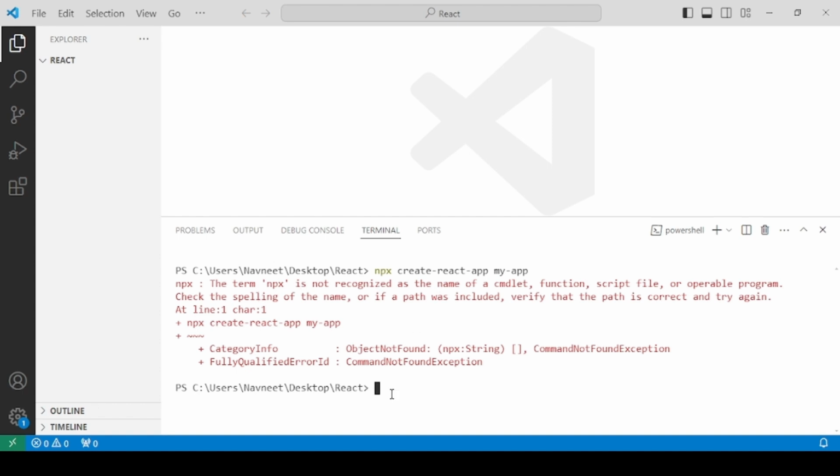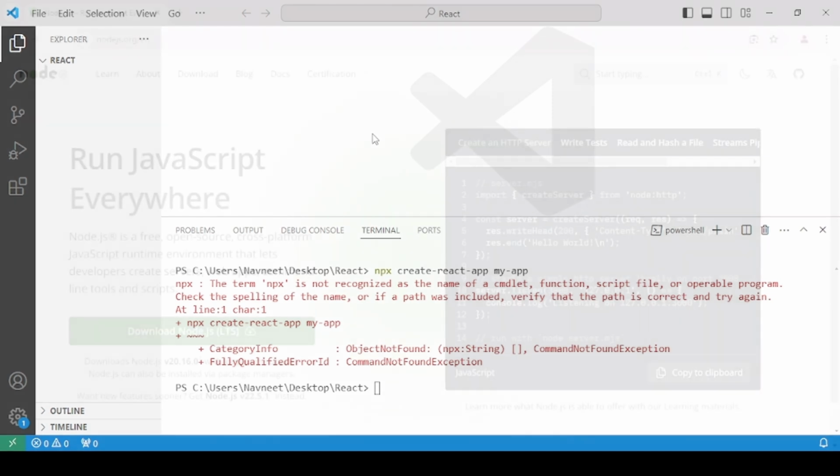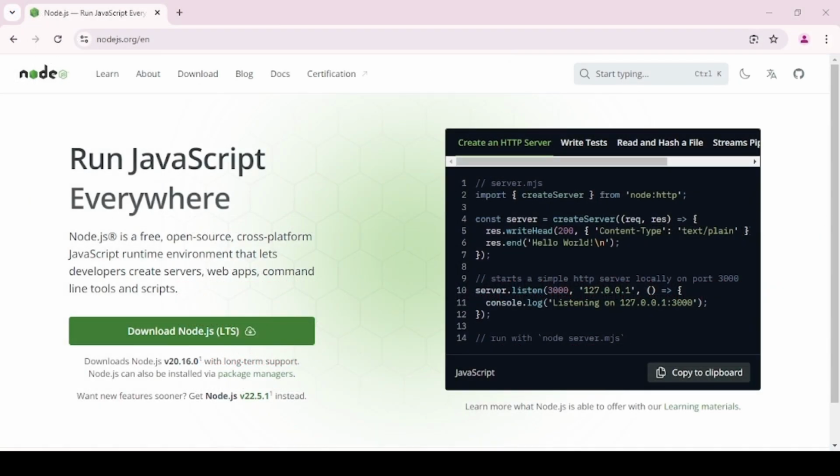The point is that we don't have Node.js installed in our system. So the first prerequisite is that we are supposed to install Node.js. Even if you want to install using npx or npm, it doesn't matter. You need Node.js inside your system. On the official website of Node.js, that is nodejs.org, you have to click on Node.js LTS, that is long-term support, the latest version,